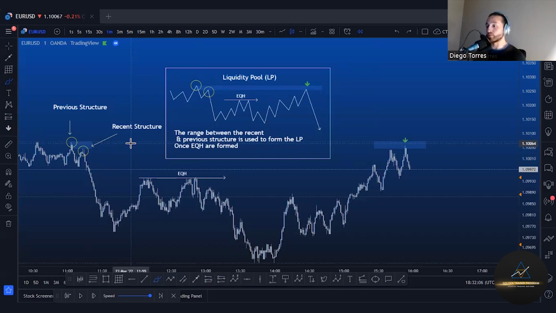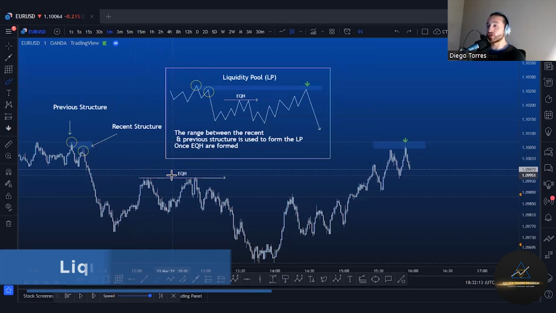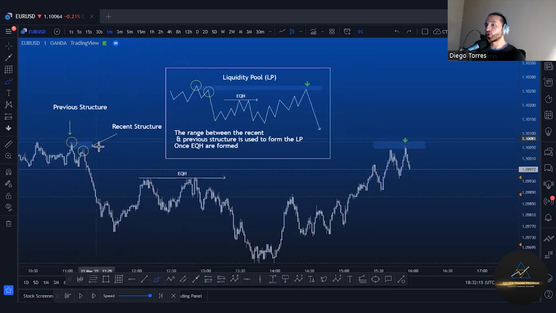Liquidity pool, LP. So what is a liquidity pool? A liquidity pool is where there's many orders and where there's a lot of retail getting stopped out. So before a liquidity pool is valid, you need to identify the equal highs. Once you've got the equal highs, then you look left for the most recent and the most previous structure, which